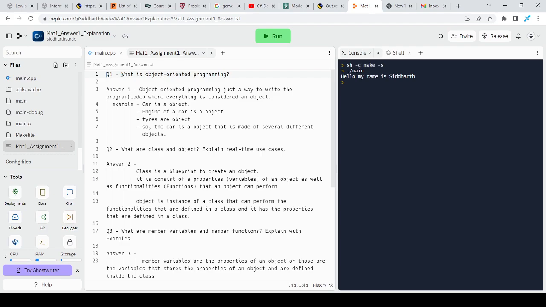So the first question is, what is object oriented programming? Object oriented programming is nothing but just a way of writing code. In object oriented programming, we think that everything